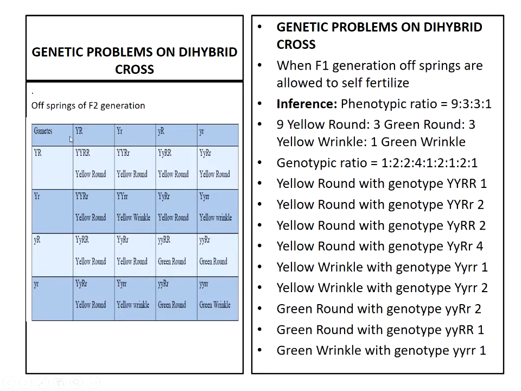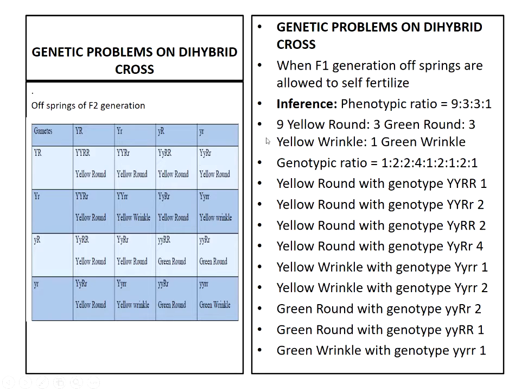So capital Y, capital R, capital Y, capital R. We call it a homozygous yellow round. Like that only, we have to write in every box of the checkerboard by crossing the gametes. In the second case, capital Y, capital R, and small r. This is also yellow round. So like that you have to write the gametes by crossing.